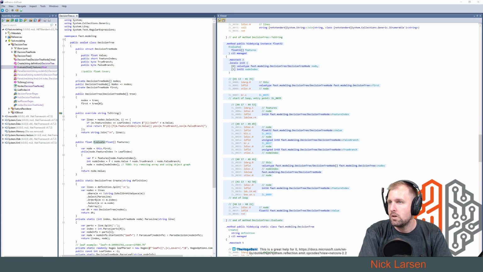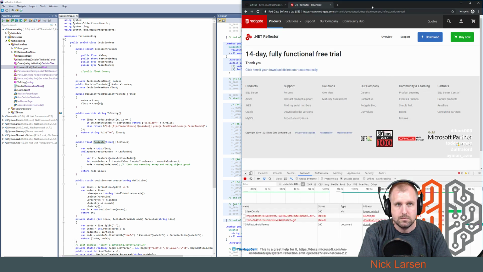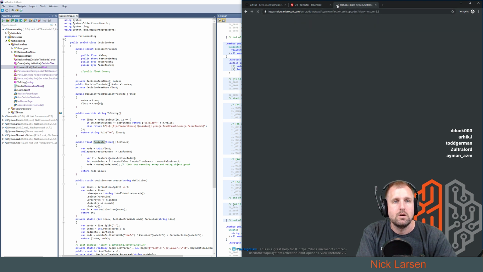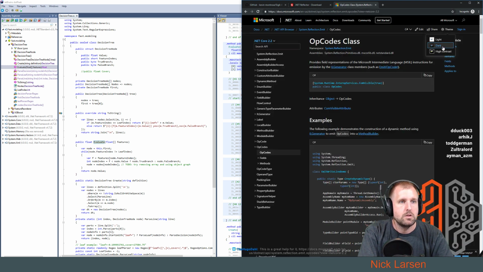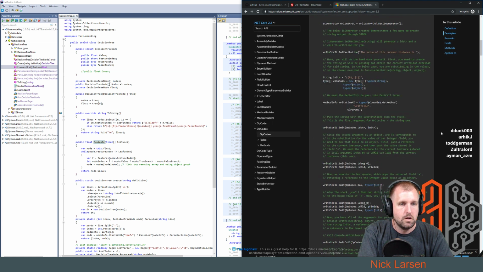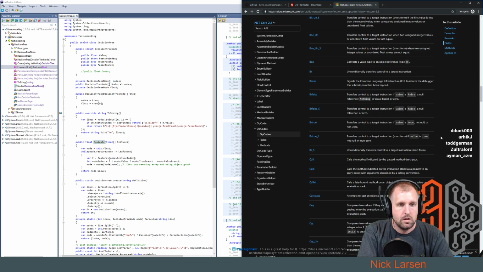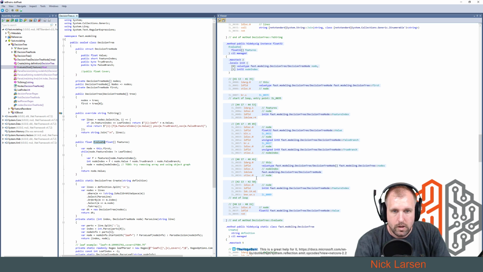Oh, perfect. Okay, let's bring that over here. Gonna keep that one in the back pocket here. Theme, dark. Okay, BRS unconditionally transfers control to target instruction in short form. Okay. So we come down here,